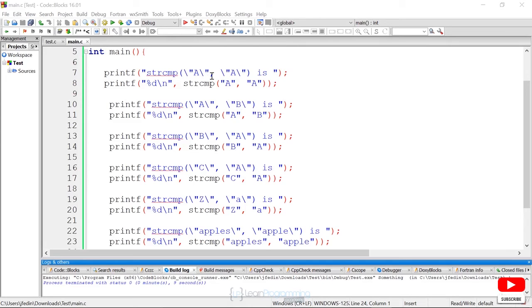And what we're doing here is printing out what we're calling, so we're delimiting the quotes. We're putting the backslash so that we actually print out a quote character, and it doesn't end the string. If we compare A and A, this should return 0, because 0 means the strings are equal. If we compare A and B, strcmp should return less than 0, because A is less than B. B and A, it should return a greater than 0. But let's go through this to make sure I don't make any mistakes, and we'll actually see it in the output. So when we run this,